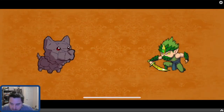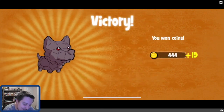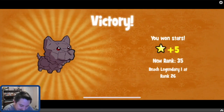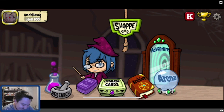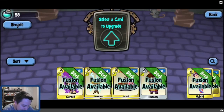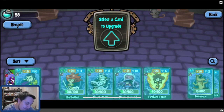Yeah, from what I remember, I think... Grabbers? Yeah, you guys are telling me to use Grabbers. Yeah, I'm not using Grabbers. Maybe if I can get 2 Onyx Final Form Grabbers, fuse them together. Alright, oh, I don't want deck, I want cards. Sort by rarity type, and then